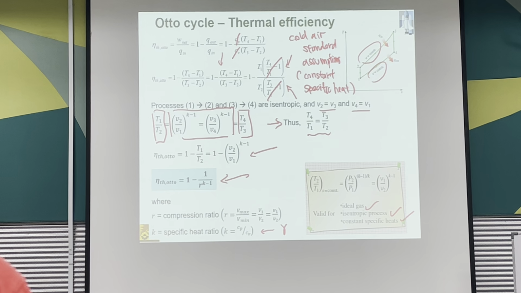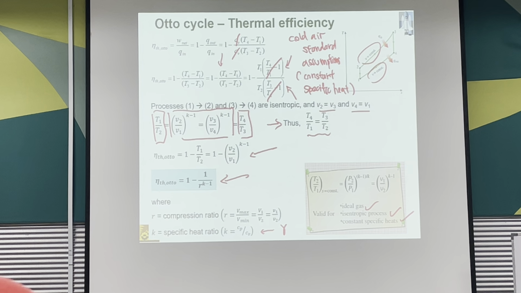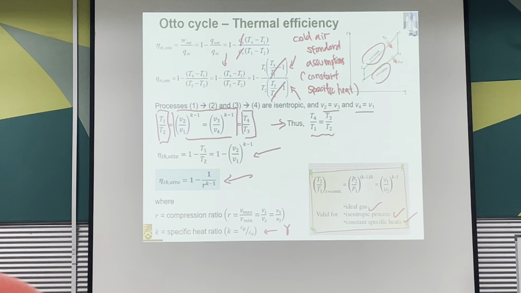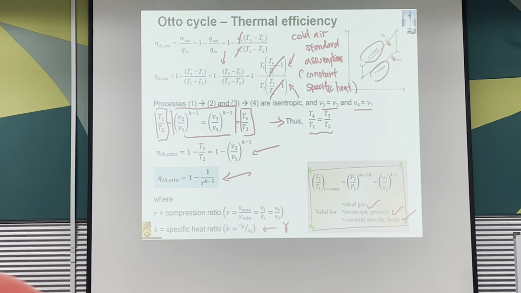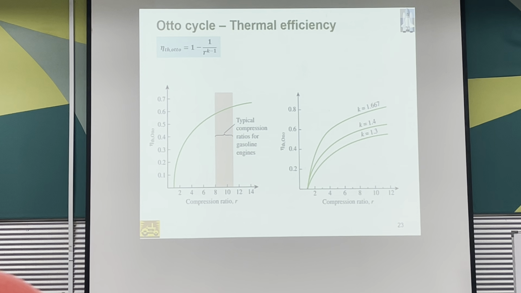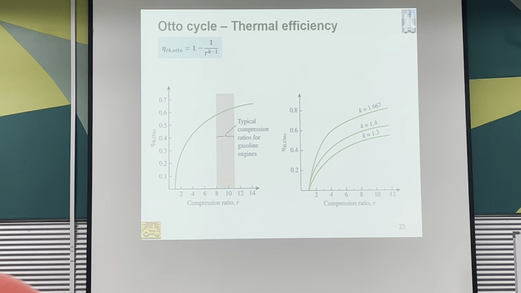Then this equation has one more use actually, which is this. Based on this equation, because now we have the thermal efficiency of the cycle in the form of compression ratio, you can see that the thermal efficiency of the engine is directly related to the compression ratio. I was going to say proportional, but it is not. So based on this, you can plot a graph to see how the thermal efficiency is affected by the compression ratio, as well as the